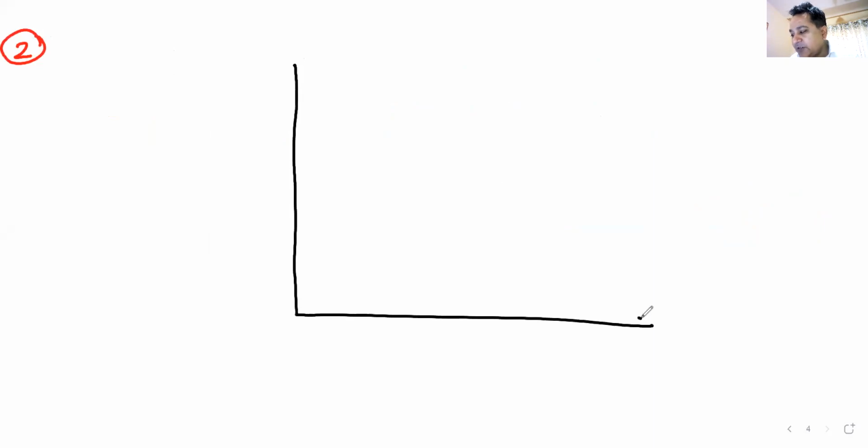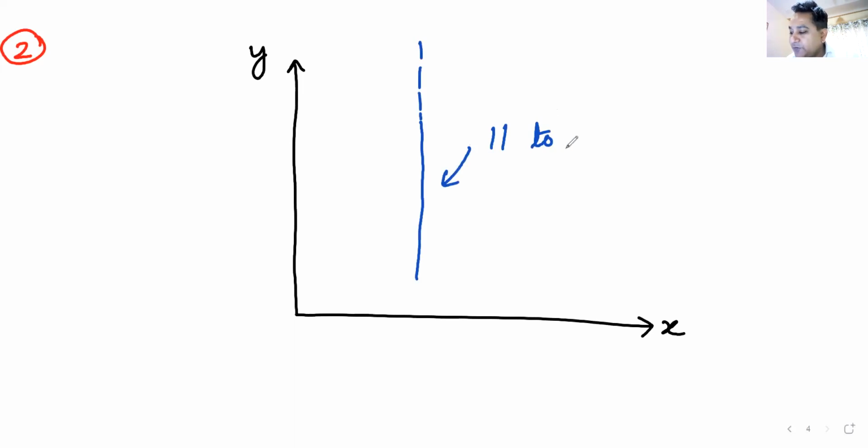We might not encounter the slope, but let us try to understand. This is y, this is x. y is the dependent variable, x is the independent variable. Now I have this straight line. It's not a straight line, I mean, this is the best I can draw. And obviously this straight line is parallel to one line or line segment, whatever you call it.